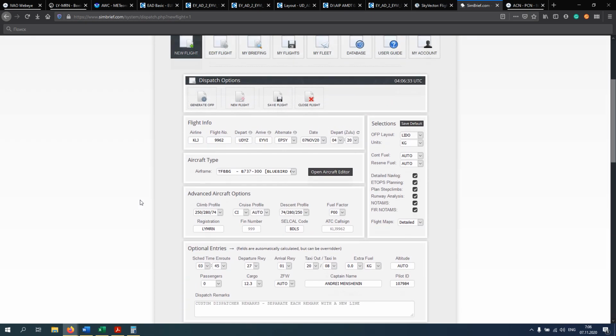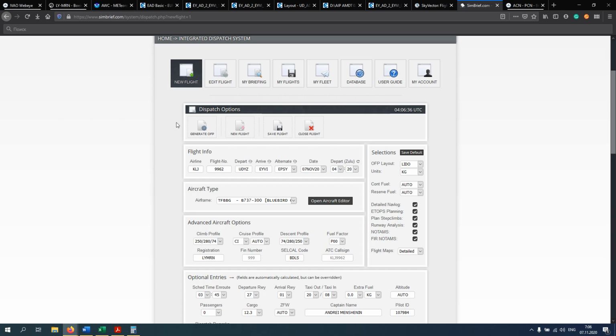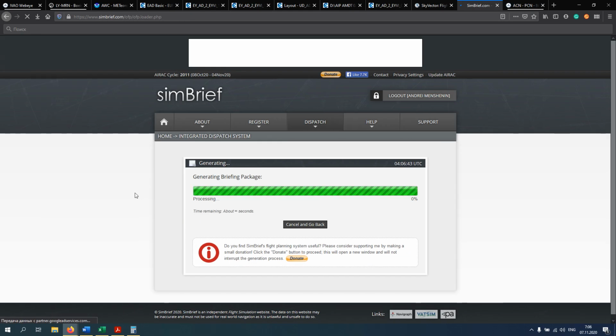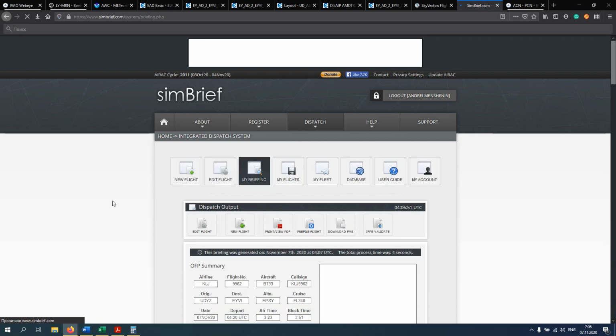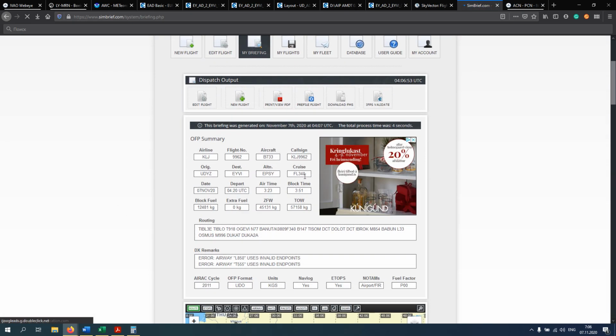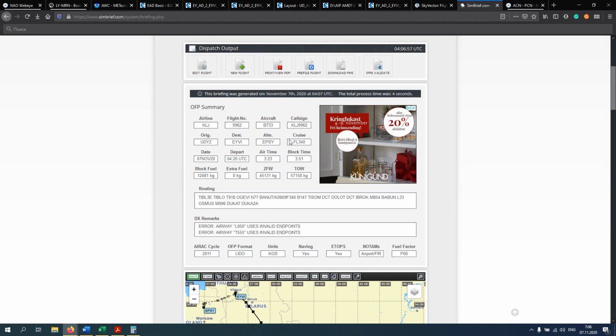first version of our road, so we are ready to create our first version of our operational flight plan. It's probably not the final one. We're going to check how it will look. Probably it will need some fixes and corrections. So at first what we're looking for is a cruise level here, and if everything is okayish with our airways from the SimBrief point of view, so it will